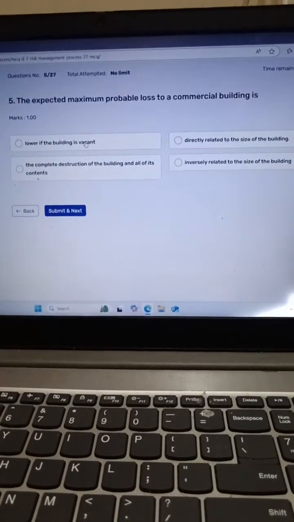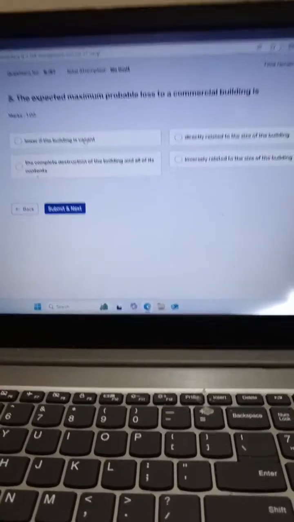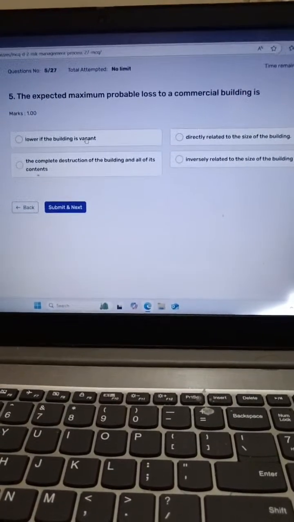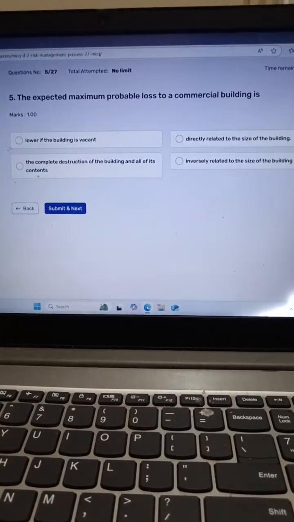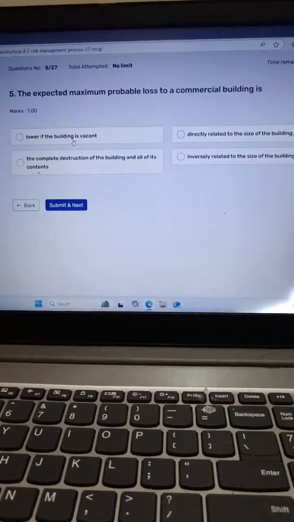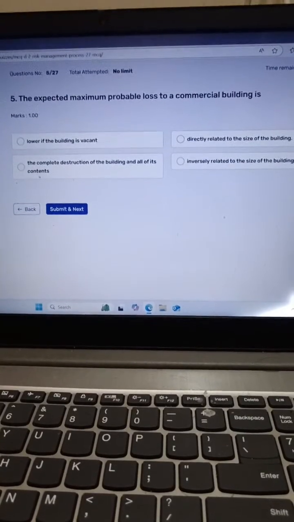If there is a big building, less risky. Small building, more risky. This is the concept. In this case, if the building is vacant,